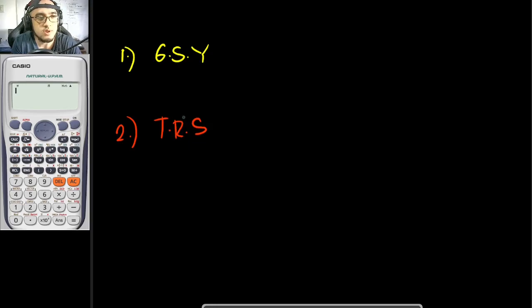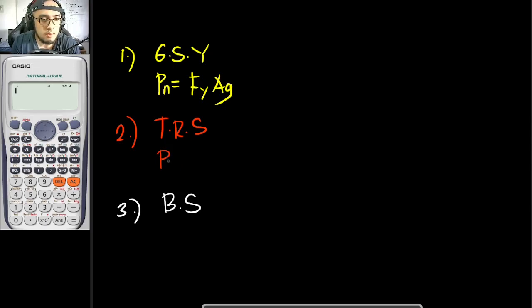So for tension members, these are the most common failures that you should anticipate. Once again, the first one is your cross-sectional yielding, which we abbreviate as GSY. The second one is your tensile rupture stress, which is TRS. And for your block shear, let's say it is BS. So for GSY, our Pn here is equal to Fy Ag. And for our tensile rupture stress, our Pn is equal to Fu times